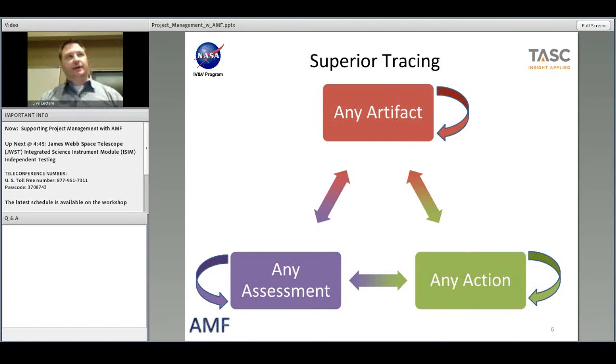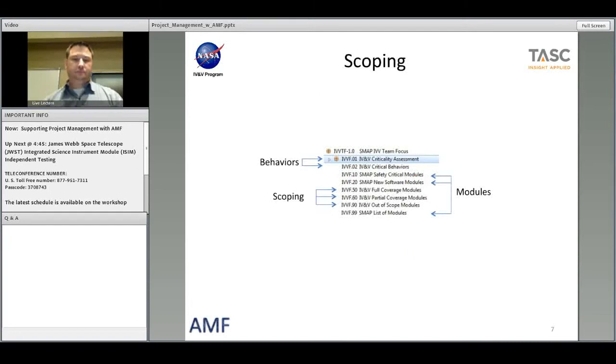So the tracing is analyst driven at one level, and then that leads into some of the scoping. So we can trace that down into the next level. You remember a couple slides ago, we had the IV&V technical framework 1.0, and this is the team focus. So some of the things that we have in there now, I want to add some more things in here, but we have our focus from, you can see in the slide here, I don't know if you can see very well or not, but